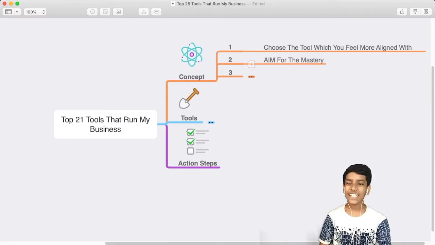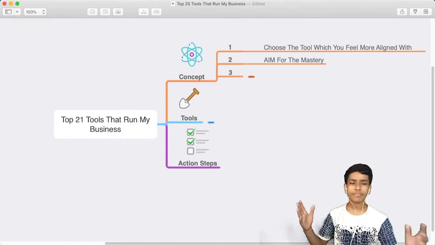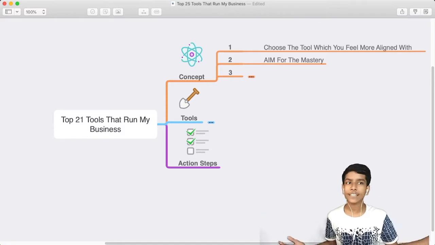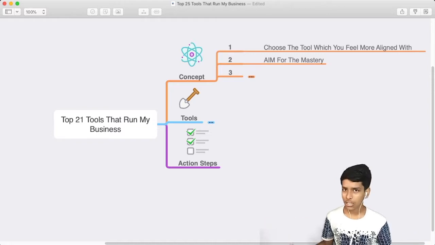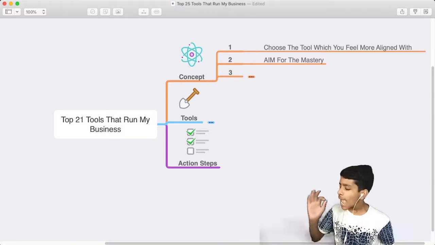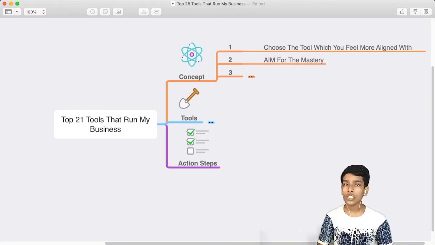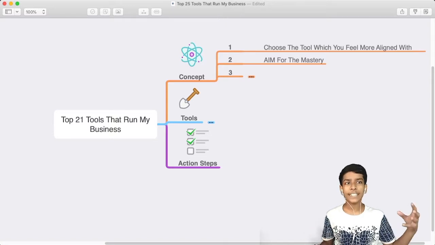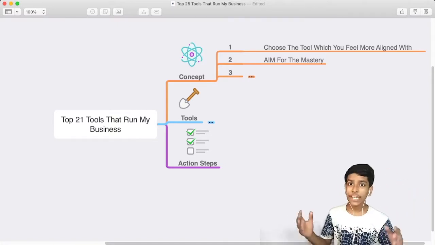The second concept is aim for mastery. Don't just purchase a tool and say, I just purchased an email marketing tool, I just blasted an email and done. No, this is not done. You have to master that tool. Every corner you should know about the tool, and if something has changed, you should know what the update is.